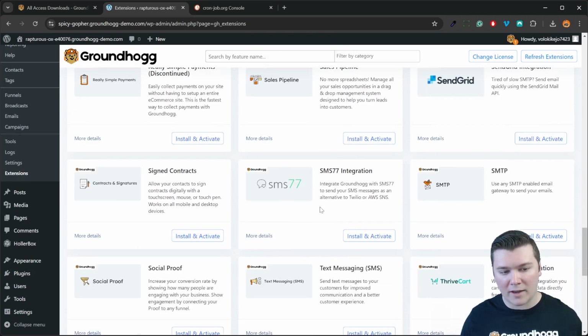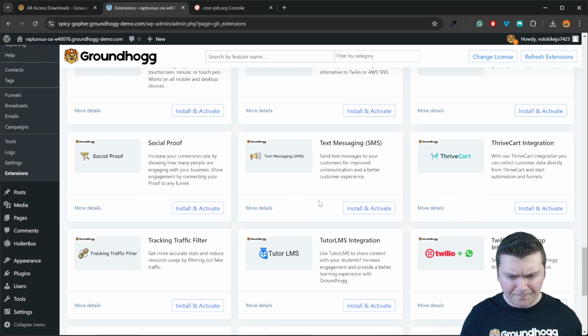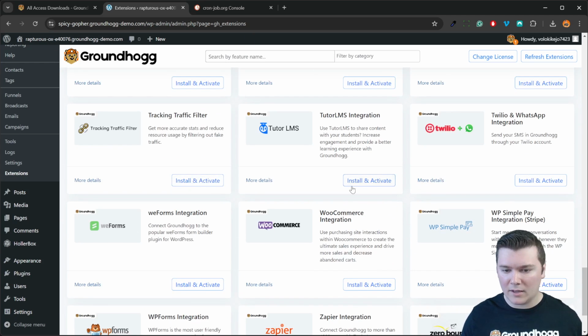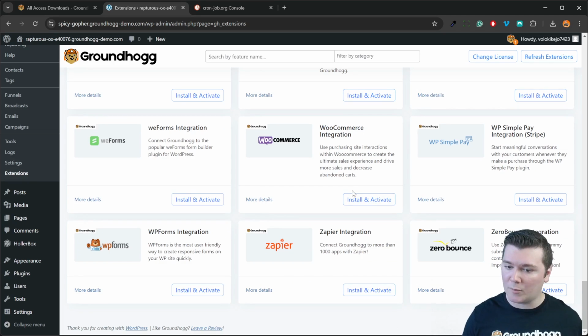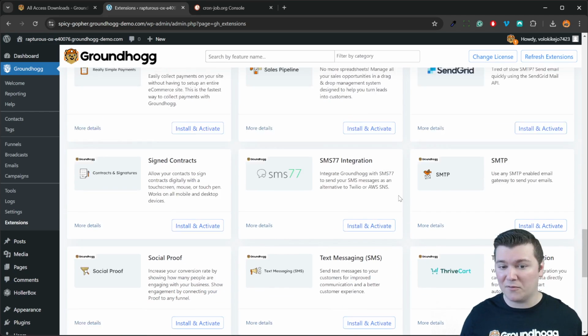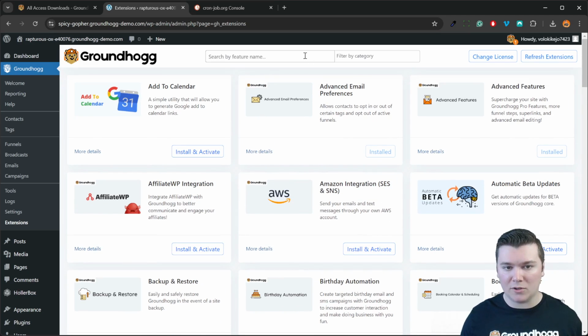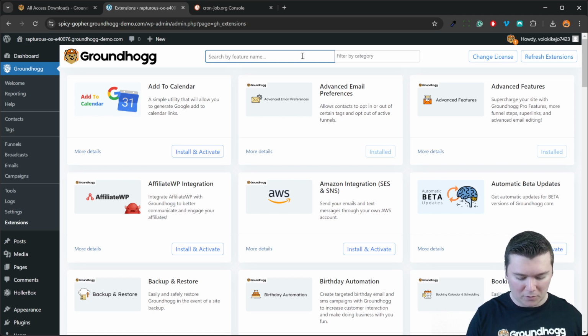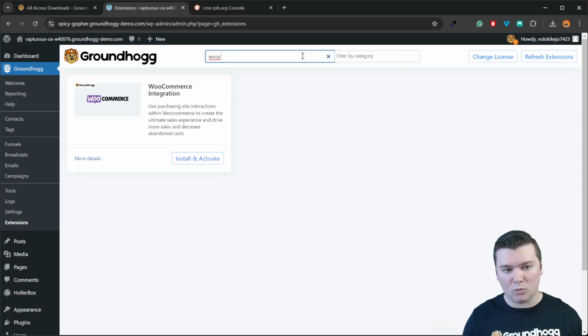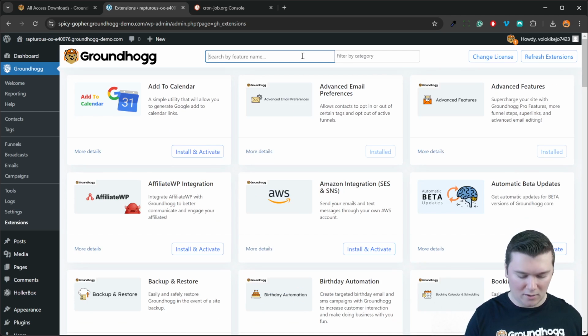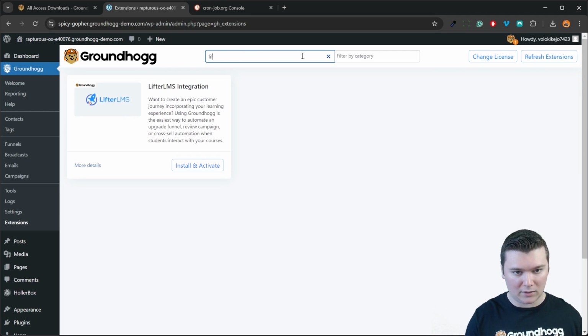And you can also go ahead and install some of the integrations that we have, depending on if you've used WooCommerce, or you're using LearnDash or Lifter or Easy Digital Downloads or any of the form plugins. Everything that you have access to will be on this page. You can search it. So if I want to look for maybe WooCommerce, I'm going to search WooCommerce, and that's going to pull it up for me, or Lifter LMS if I'm using that LMS plugin to manage my courses